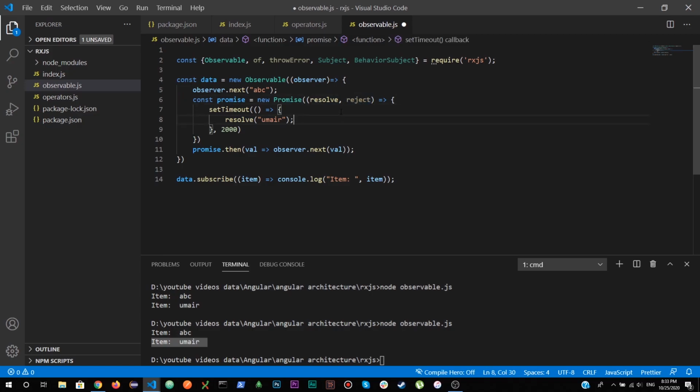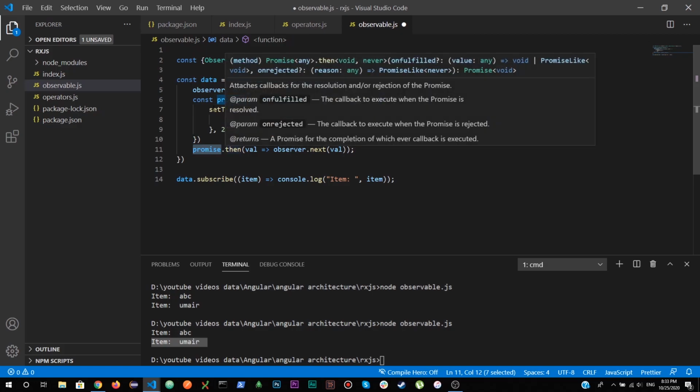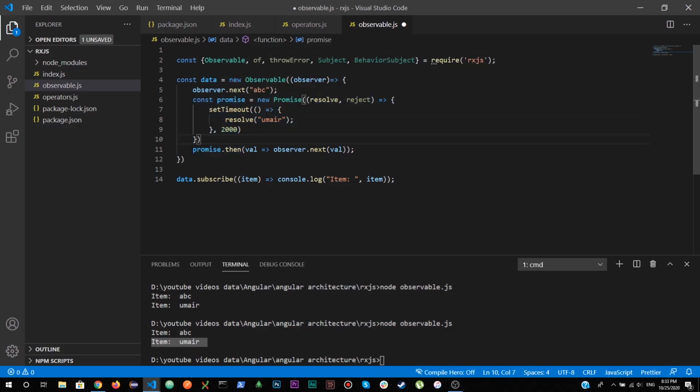I'll let you know when you can use reject. So after 2 seconds, it's going to resolve it, and this is the promise. As soon as this gets created, this is going to get triggered, and after 2 seconds, this promise is going to receive a value, and this observer is going to return the value to the subscriber of this data. So here, right? So let's see what happens. Let me save it.